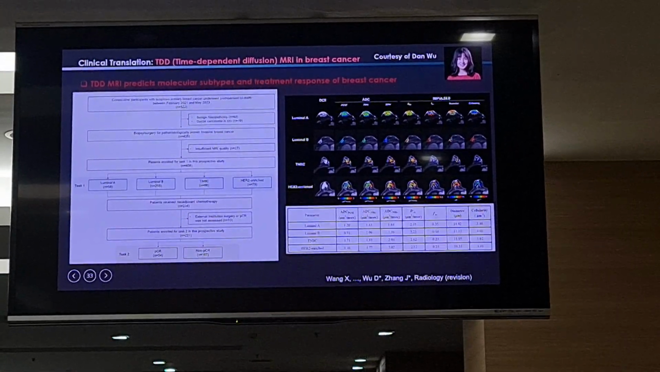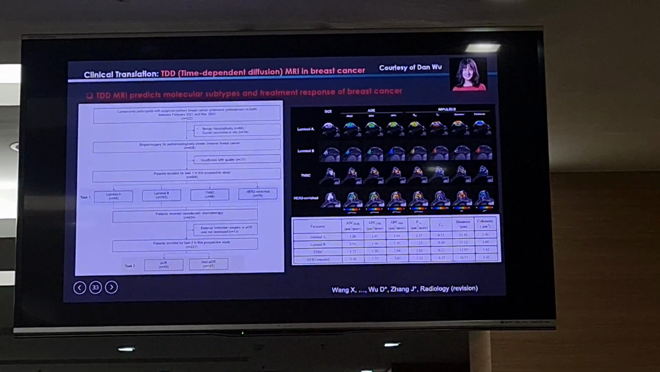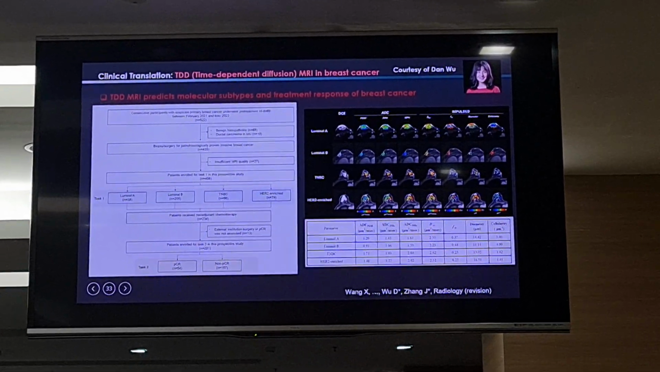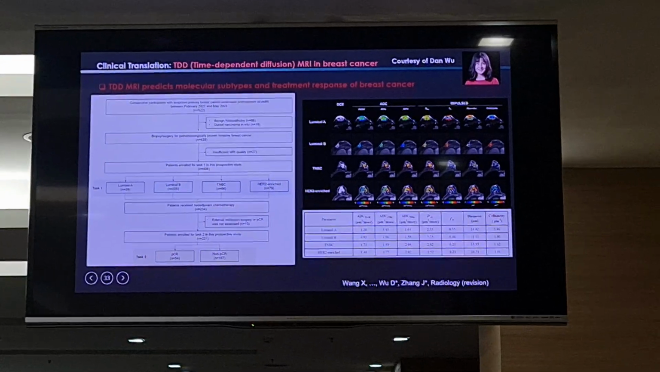Here, I would like to show the work by Professor Dan Wood. She has nicely shown the climate